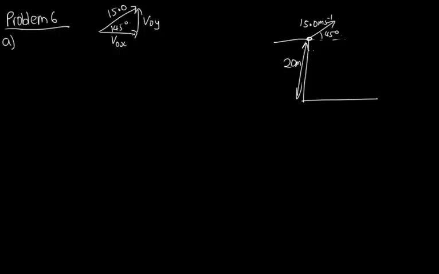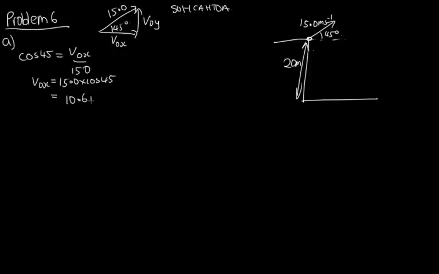Now, in order to deal with this, we're going to need to use trigonometry, SOHCAHTOA. And so we know that using cos, we've got adjacent, which is the initial velocity in the x direction over the 15. So the initial velocity in the x direction is 15.0 times cos 45. And solving that on the calculator, we get